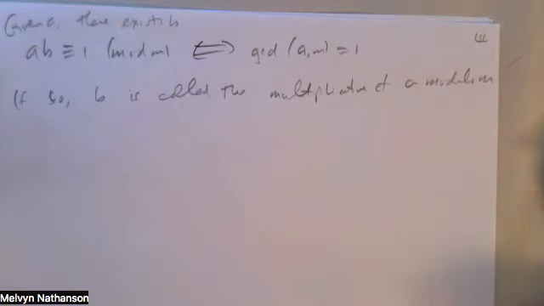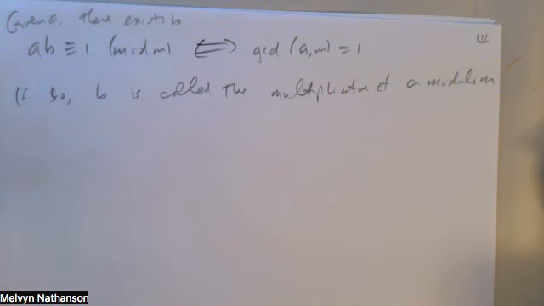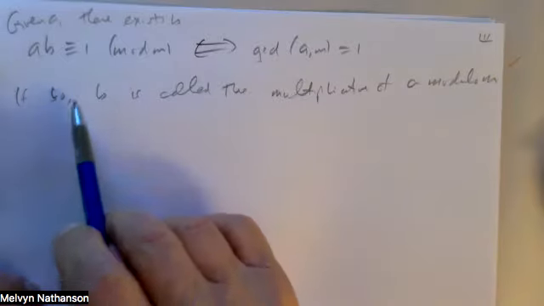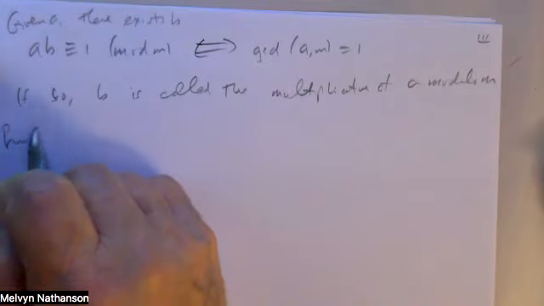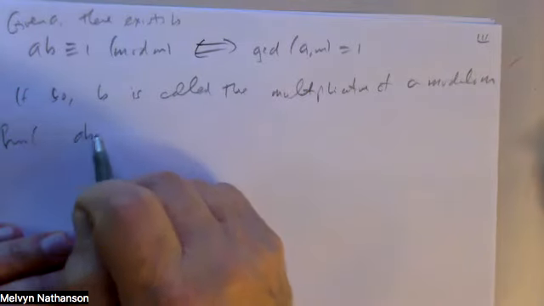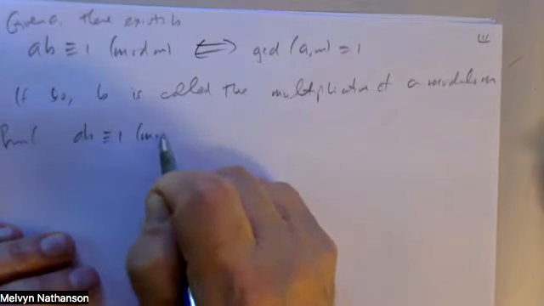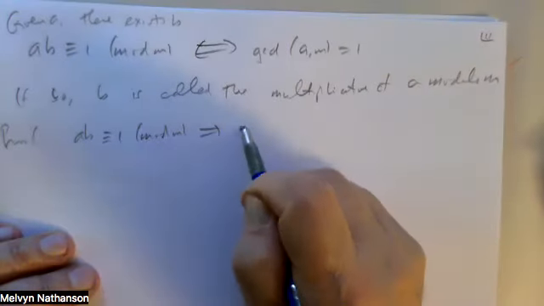And why is this true? That you can find a B such that AB is congruent to 1 mod M if and only if the GCD of A and M is 1. So let's prove this. If AB is congruent to 1 mod M, that means M